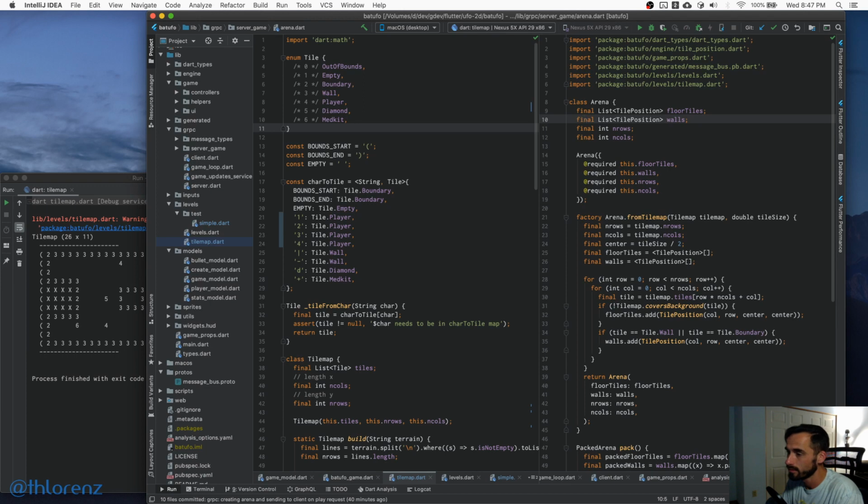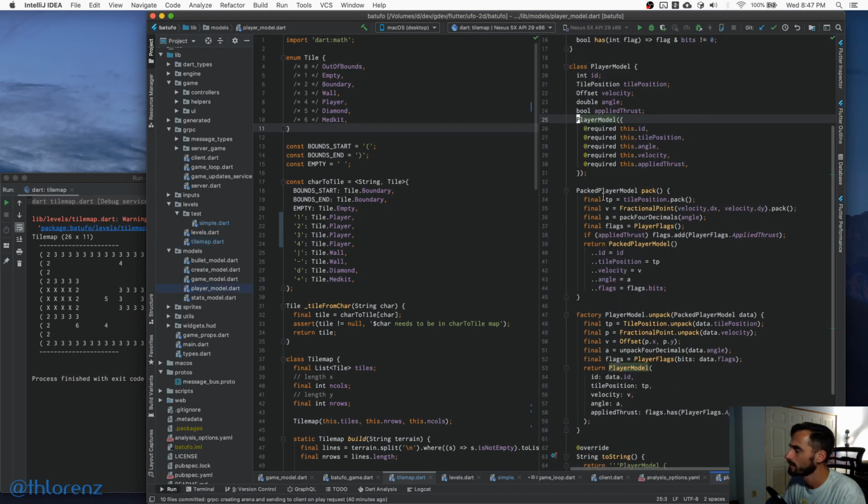And I think we do. So let's look at the player model. There you go. So if you already pass player models with the first... I know what. So basically what we'll do is